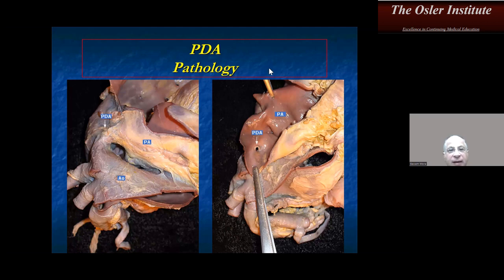All right. So a PDA, here's the pathophysiology. This is an autopsy specimen. Oftentimes, there's a smaller opening in the pulmonary artery, and this is the pulmonary artery, and this is the aorta, and that's